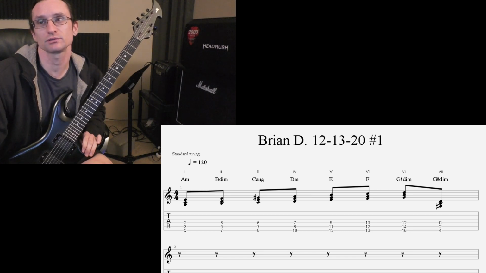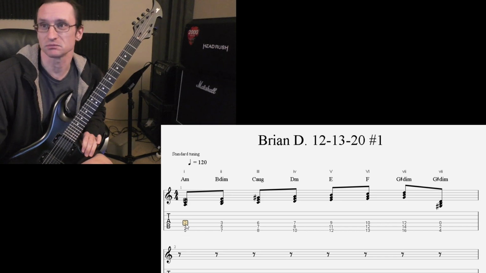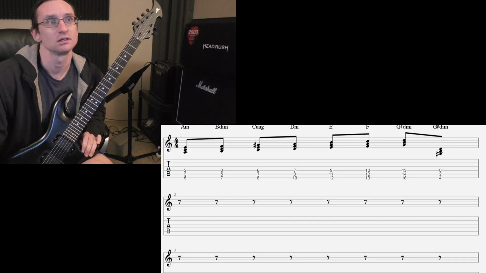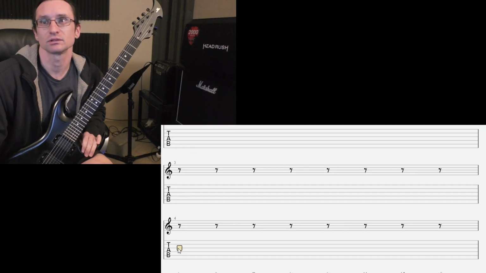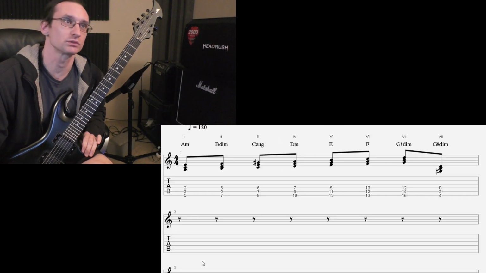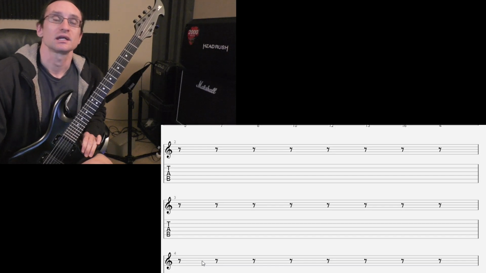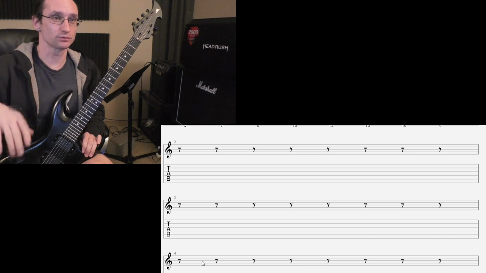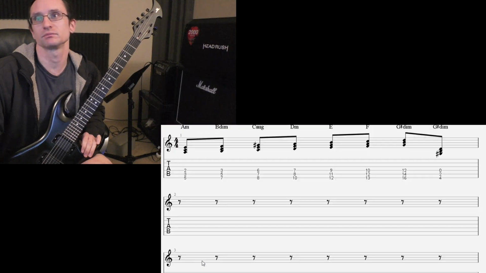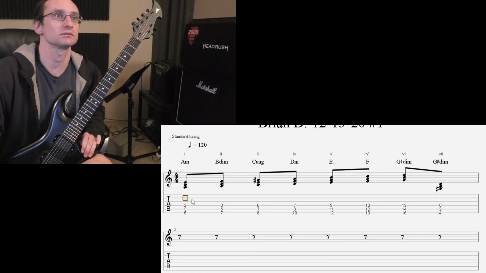So we're starting with something we've done before, and that's just taking your 3-note chord triads and moving them up to starting on the A string, starting on the D string, and then starting on the G string. So this way you get more familiar with the chords that way. And you can come up with all kinds of neat riffs and whatnot after you're able to go through the chords like this. So same thing you've done before, you're going to start with the 1 chord, which is now